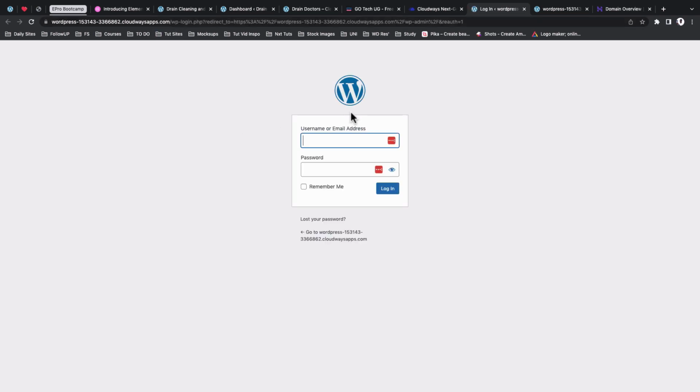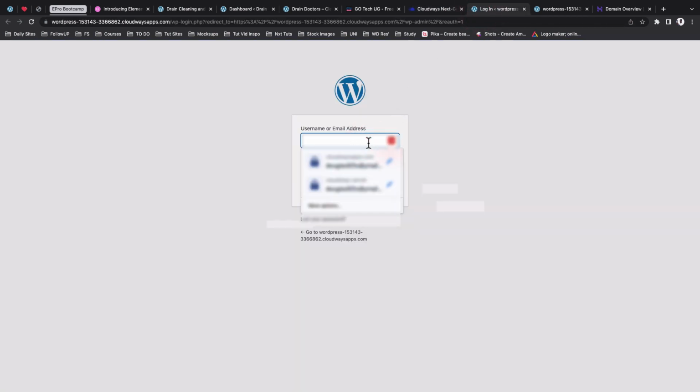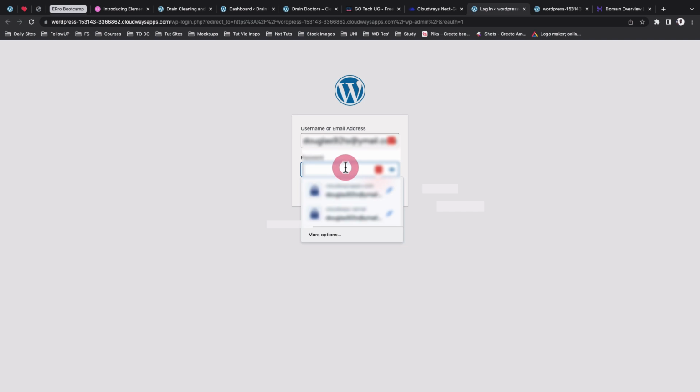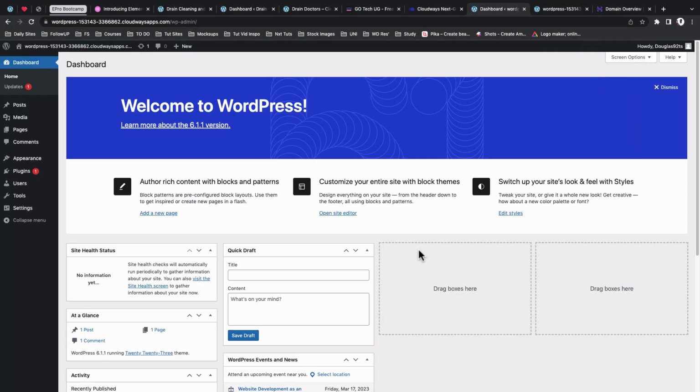Now, this will take me to the WP-admin dashboard, where I'm able to add my username. So come to Cloudways, copy my username, simply click, come here, add the username, come back to Cloudways, copy the password and add the password there and login. Now this will take me to the back end of WordPress, and I have access now to my website and